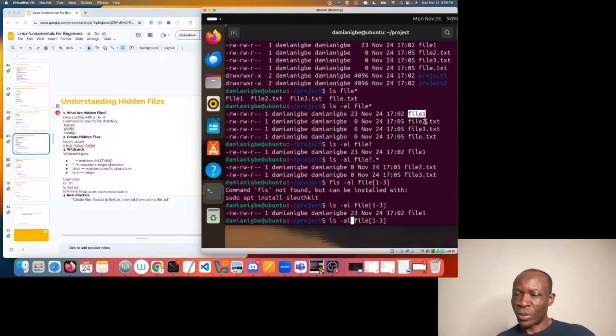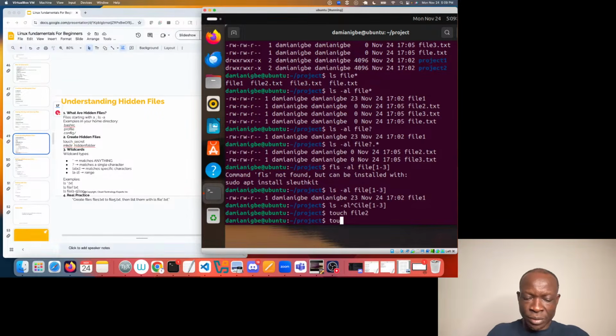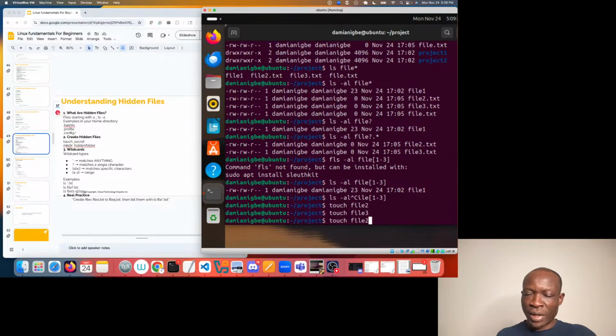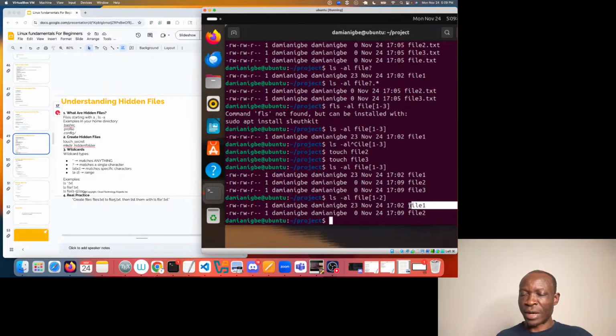Now why are these ones not showing? Well, because I didn't specify that I want a dot. I only say anything after the file that has these numbers. So to see more of this, I need to do touch file2, touch file3, and now this command will list 3 files because I have file1, file2, file3. So the idea here is that the system is able to take the numbers you have in here and substitute them here, like file1, file2, file3. If I say 1 to 2, only two files will show